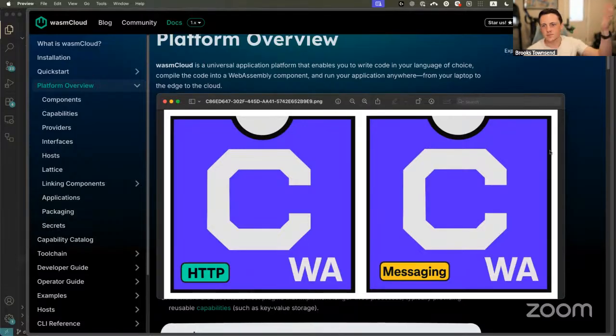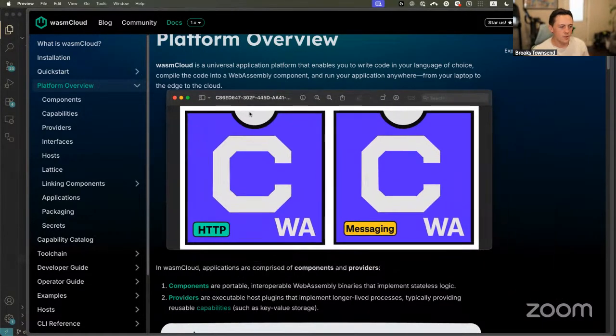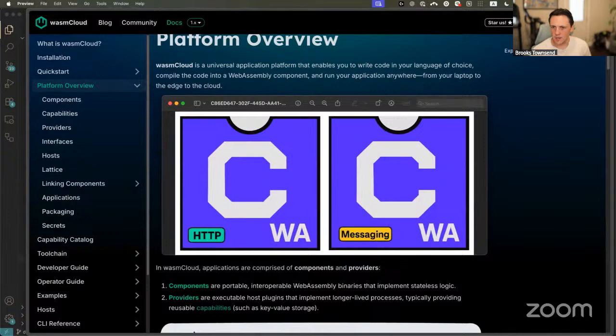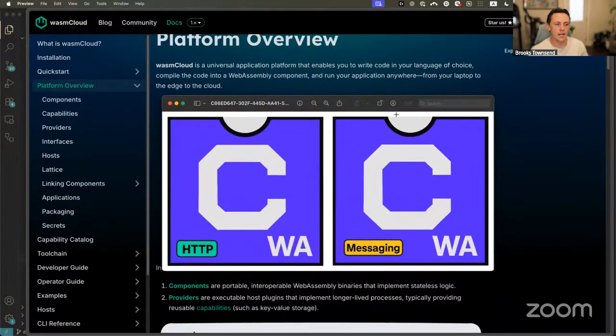Custom exports, whatever. And this is actually the first time I've seen it, but it's obvious that this is WebAssembly. The export as HTTP or messaging or what have you, the type of component is pretty quickly called out. And when I first saw the C, the first thing I thought of is, well, you can have WebAssembly modules, and you can have WebAssembly components, and calling that out specifically, I think